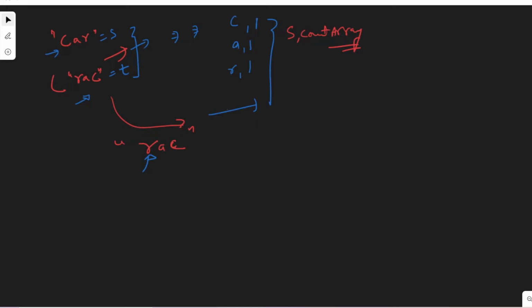So what we do is we see the count in this S array. If we see R is present, then we reduce the occurrence by 1. Okay, so now R occurrence is 0. Let's say if R is not present in this array, then we can directly return false. Because why? Because there is an occurrence of R here, but there is no occurrence of R in this array